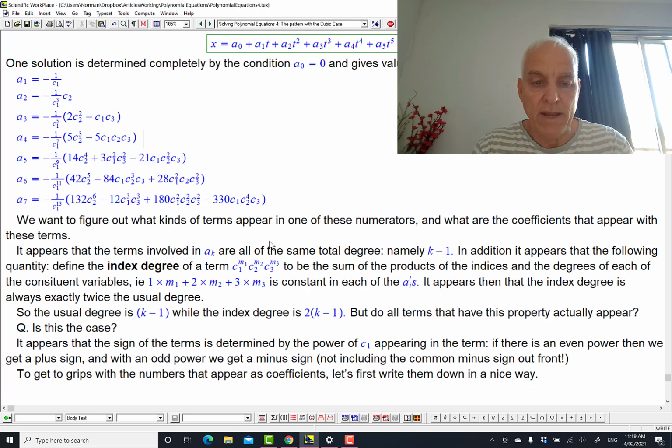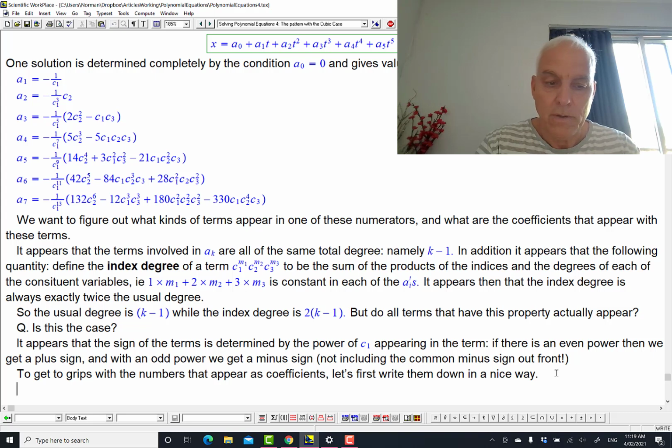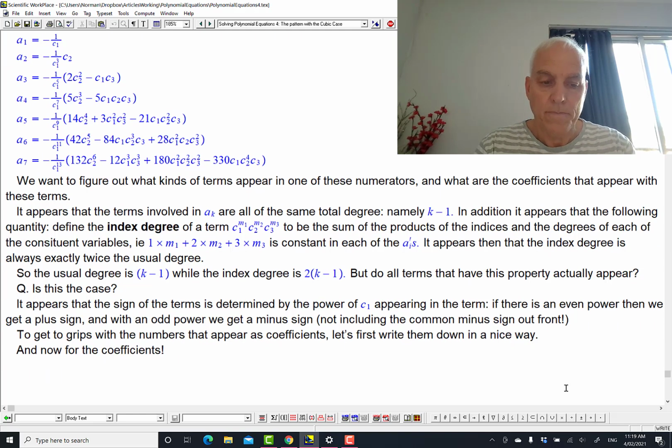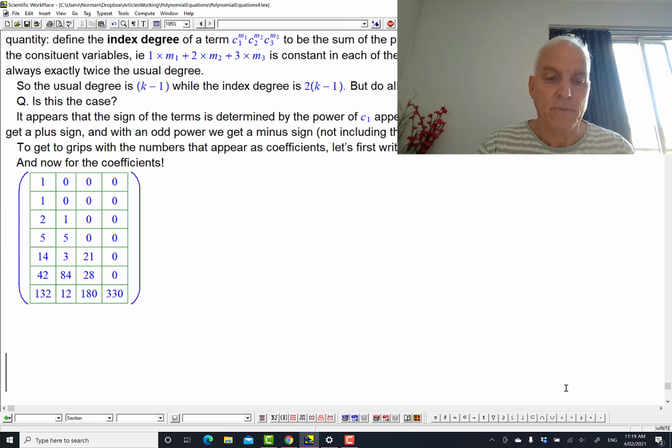So let's grab that again and bring it down here somewhere. Okay, there's that matrix for the coefficients. So we want to come to grips. We want to explain what these things are. So the first column